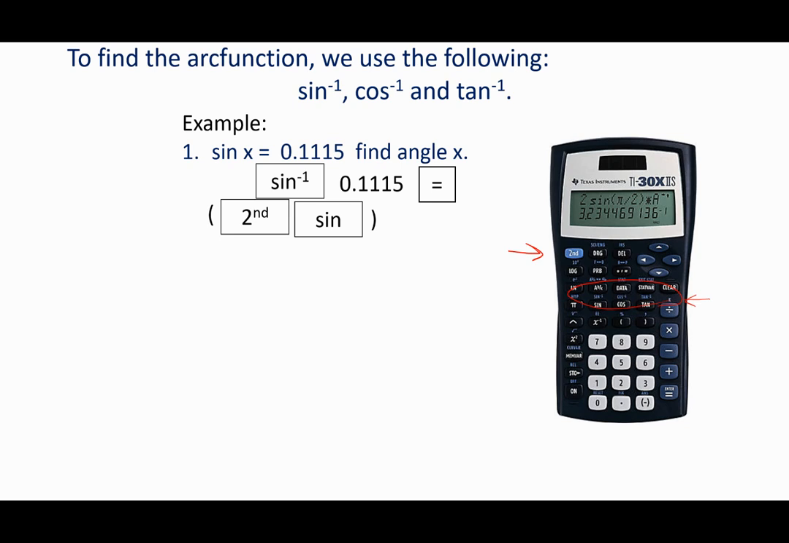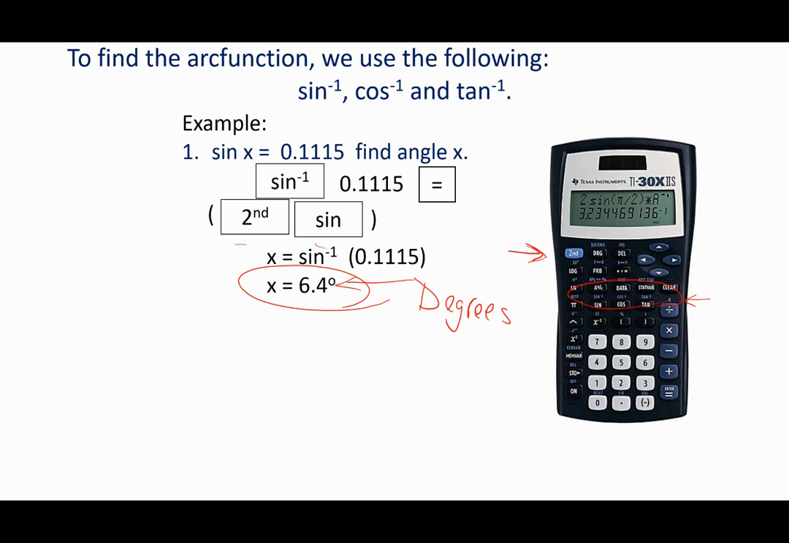So remember, we use our second button first. We push our second button, and then we push the sine button. The blue button on our calculator helps us access the information that's written in blue above our buttons. So we push the second button and then the sine button, and that puts us into that arc sine function. Then we have x equal to the inverse sine, or the arc sine, of 0.1115. You'll find that your angle measurement is 6.4, and again, we have our degrees symbol right here,